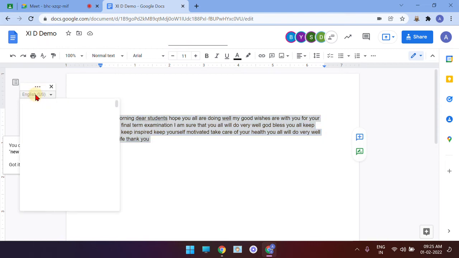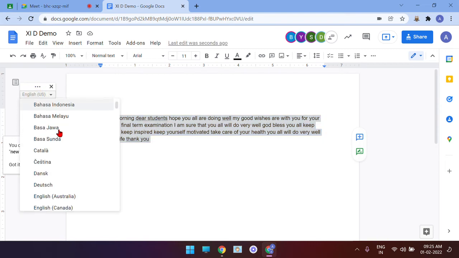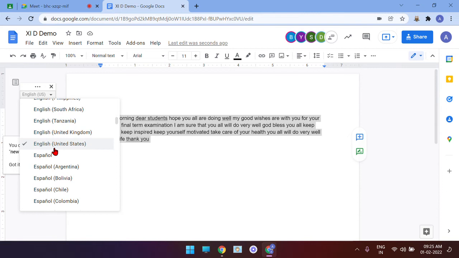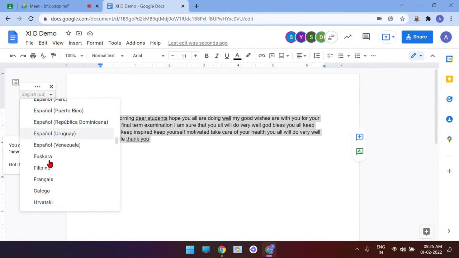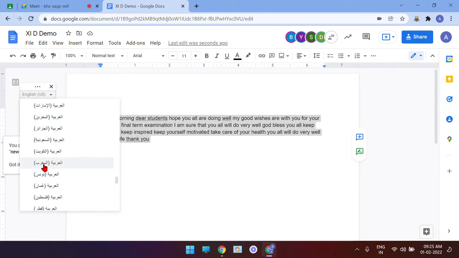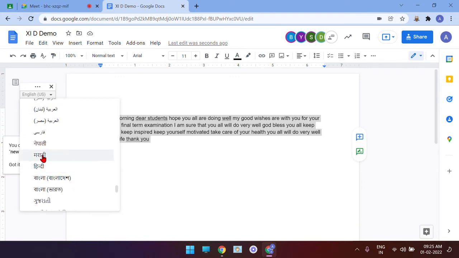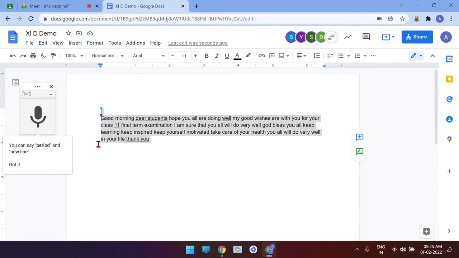Not only in English. When I click on it, there are more than 120 languages. Check this out. But I can understand, I don't know what all these are. Marathi, no, I only know Hindi. Okay, then Hindi, and come back and then